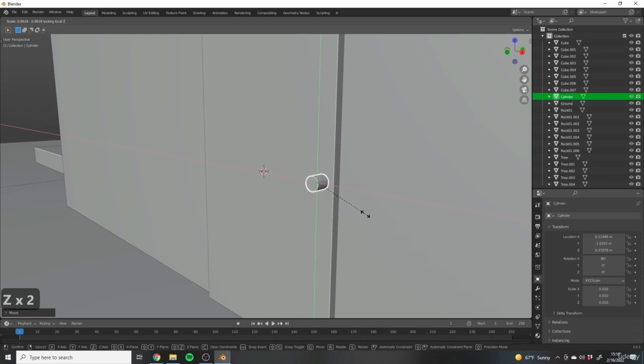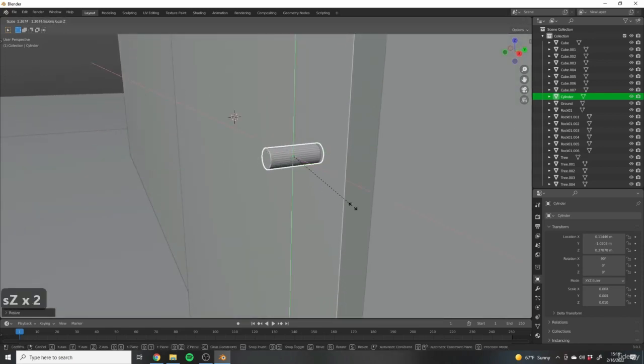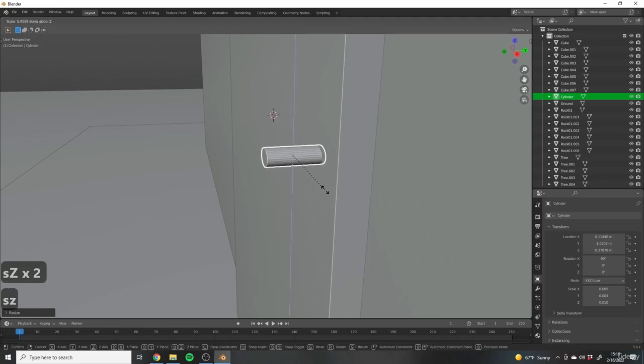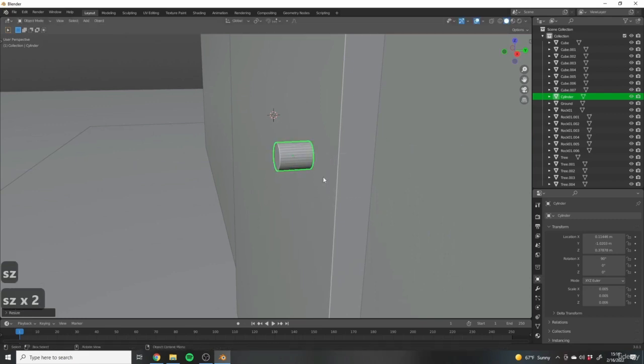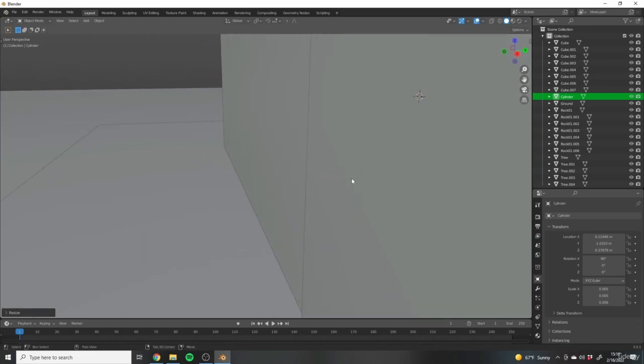So I just did scale and then held Shift and double pressed Z to lock the local Z scale of this, so it gets thinner but not shorter. And then just double tap Z to get the local Z. You could also, because this is exactly in the origin, press Y and it would have the same effect,